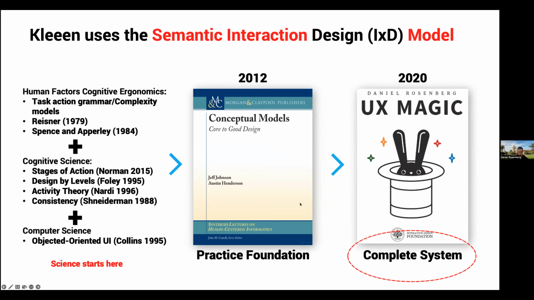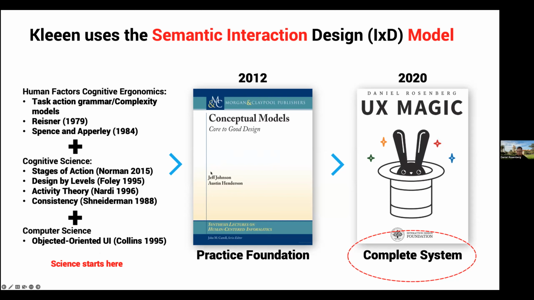The underlying model and semantics come out of a book that I published. Actually, I think it was in 2019, but 2020 is good enough. On semantic interface design. The title of the book is UX Magic, which is a sort of a fun name, but it comes from a long history of work on how to model user interfaces, ranging all the way back to Phyllis Reisner in 1979 at IBM Watson Labs.